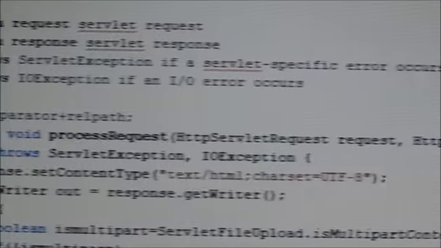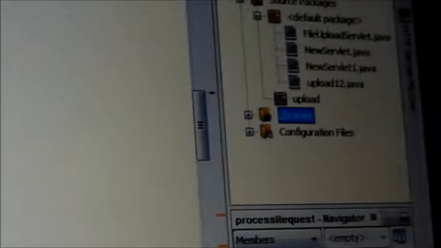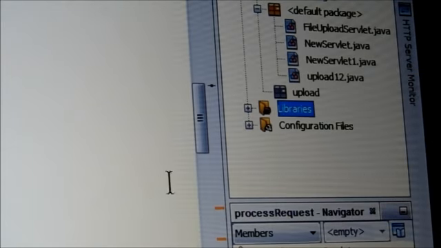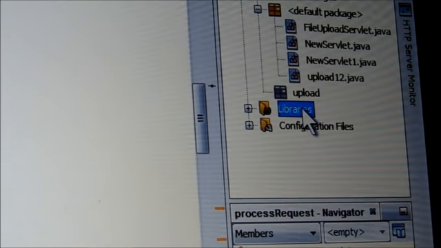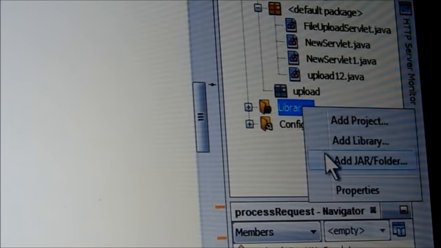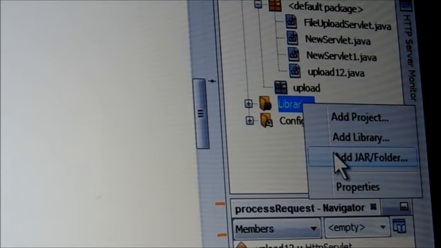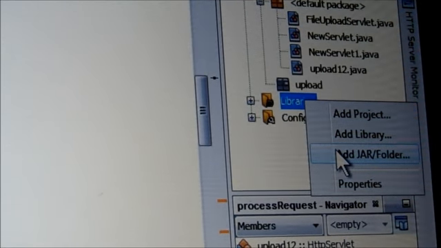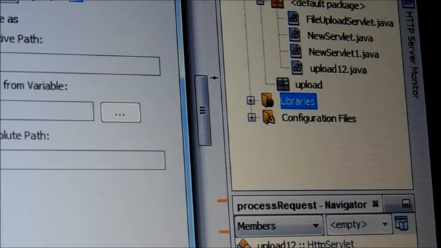You right click on your project libraries and add jar file folder and select both.